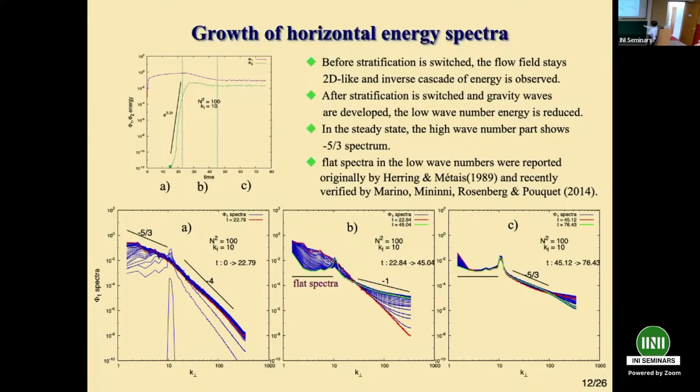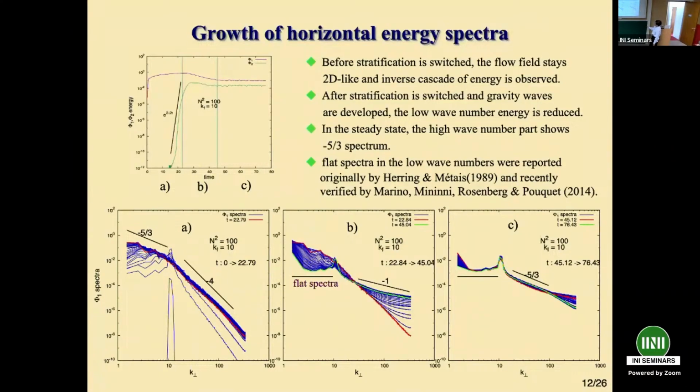So this is the forcing wave number, and we see a -5/3 horizontal spectrum, which is presumably the so-called inverse cascade of 2D energy. So large scale is produced, and the smaller scale is -4 or -3. So there's still no effect of big stratification. And then